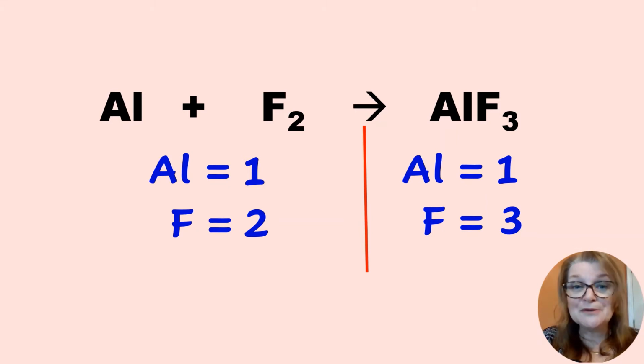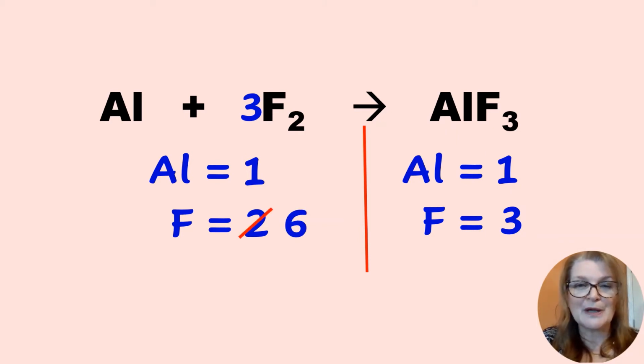So the aluminum appear to be balanced already, but the fluorine are not. We have 2 on one side and 3 on the other. So we want to find the smallest number that both 2 and 3 will go into, and that's going to be 6. So since we already have 2 fluorine on the reactant side, we would multiply that by 3 to have that equal 6. So we're going to put a coefficient of 3 in front of the fluorine,